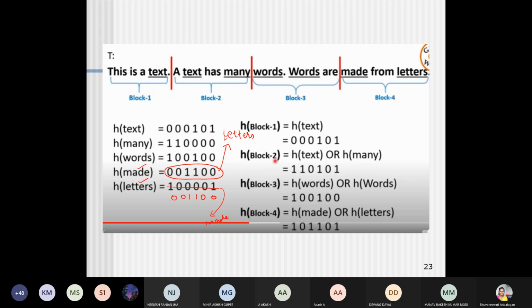Even though it is returning the correct answer by performing the bitwise operation, if any two words have the same hash values, at that time this false alarm will happen. That means I'm looking for some word, and even though it satisfies the condition, the word is not found there. Instead, some other word is available which has the same hash value as the word I'm looking for. Such a condition is called a false alarm.